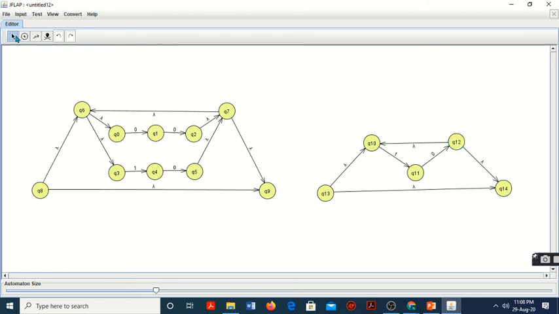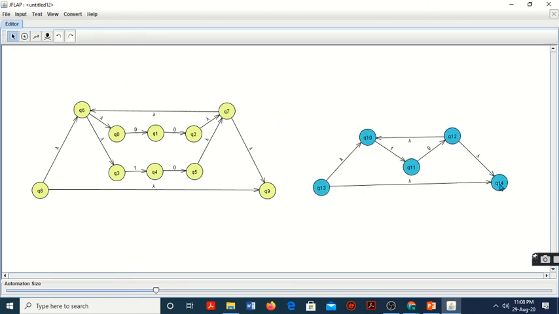So now this is the second part of our regular expression. Now these two regular expressions are to be concatenated. Therefore, they can be connected by means of an epsilon transition. So here we get the concatenation of regular expression E1 followed by E2. Therefore, now the first state is going to be our initial state, and this is our final state.